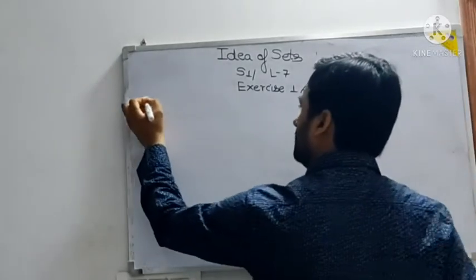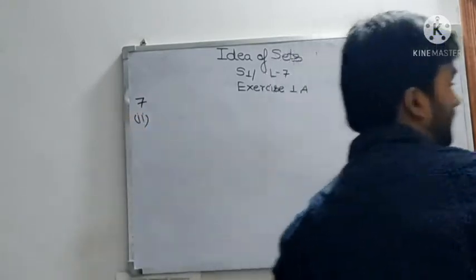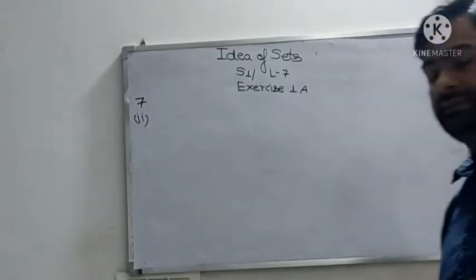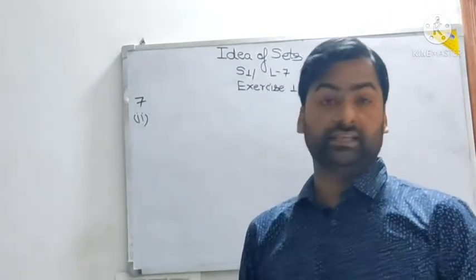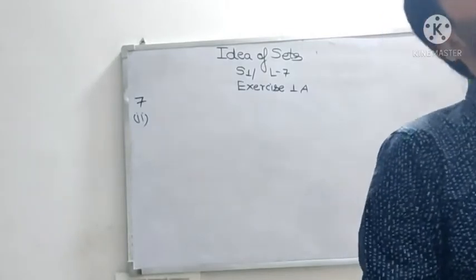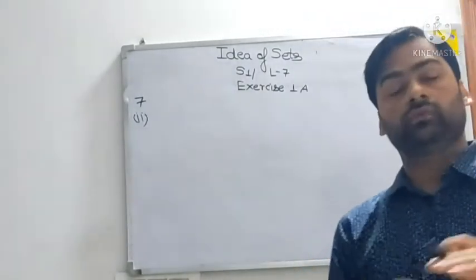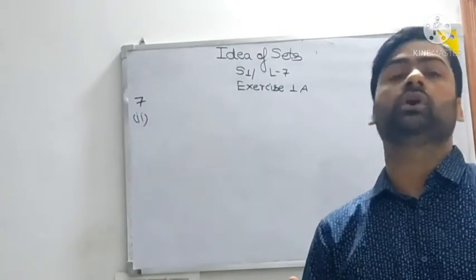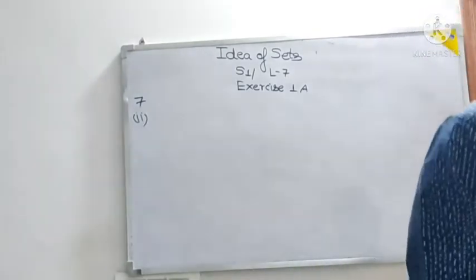The 7th question, second part. See, in the set builder form, the only thing is to understand and implement the sequence, the pattern. I have given the thumb rule. First thing is you have to write x as an element x. Second thing is you have to find the range of values. Then you will find the relationship, and you will find to which family it belongs. These 4 things are there. Then your set builder form is already made.